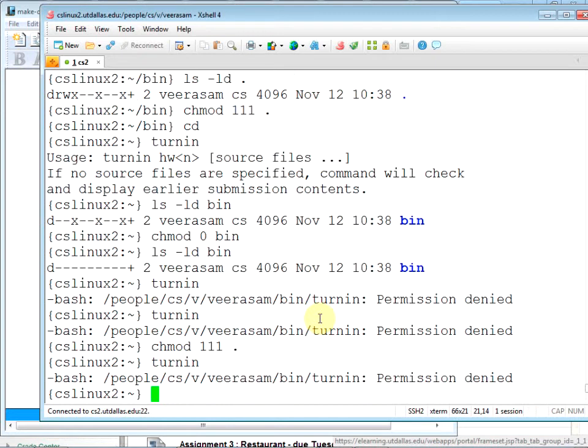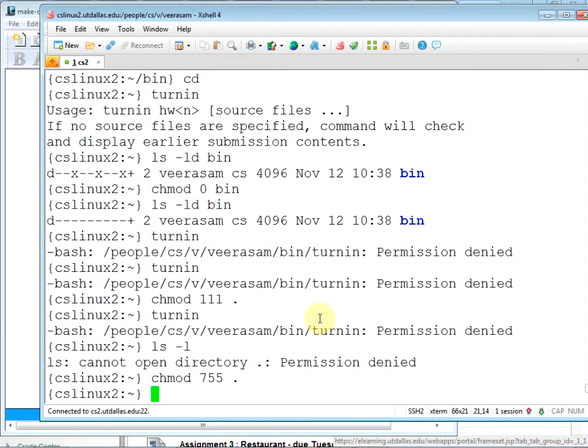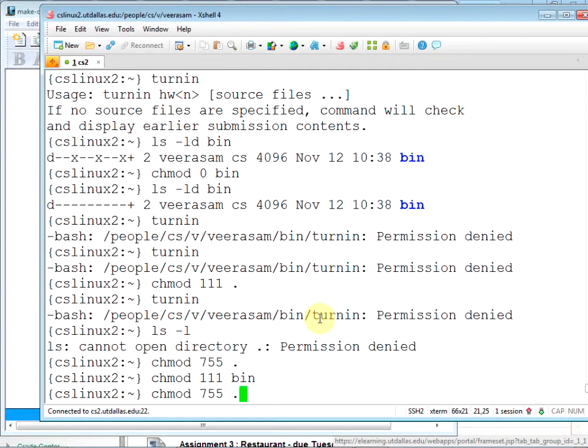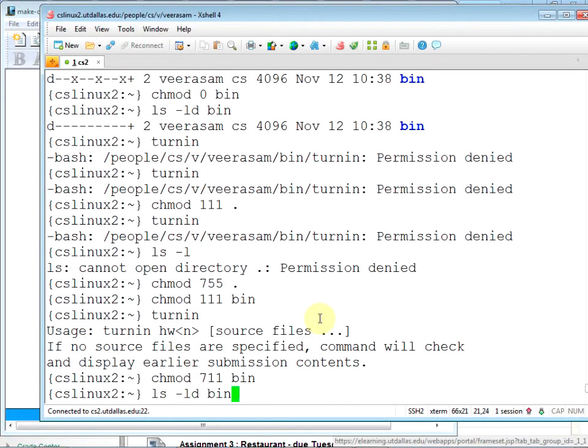Turnin, still it says an error. Oops, that's not good. At least I'm still here, so hopefully it will allow me to change. Thank God. So chmod on bin. It should work. chmod 711 bin is what it was before.